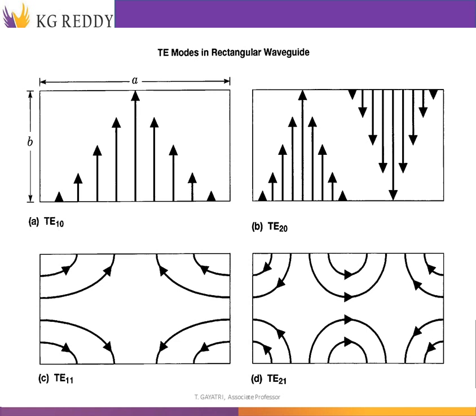The last diagram D indicates TE21 mode. TE21 mode indicates that there are 2 half cycle propagations along a. Now we can see that in the middle we have 1 full half cycle, and at the edges we have quarter cycles. So 2 quarters together become another half cycle. So there are totally 2 half cycles along the long dimension a, and along the b dimension we can find 2 quarter cycles. Together it becomes 1 half cycle along b.